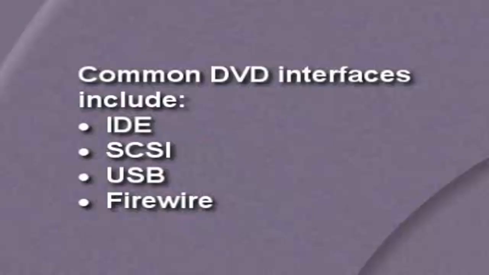Now, when you're picking a DVD or CD drive, you need to take into consideration the type of interface you want to use. There are 4 basic interfaces that are used for CD and DVD drives: IDE, SCSI, USB, and FireWire. IDE optical media drives tend to be the less expensive and the most widely manufactured of all the options. However, they're usually only implemented as an internal drive. If you want an external drive, then you need to look at USB or FireWire. If you want a higher-end DVD or CD drive, then you can look at a SCSI CD or DVD drive. They cost a little